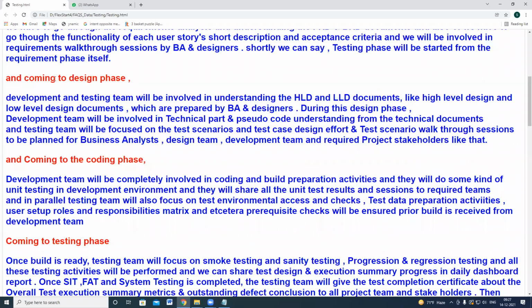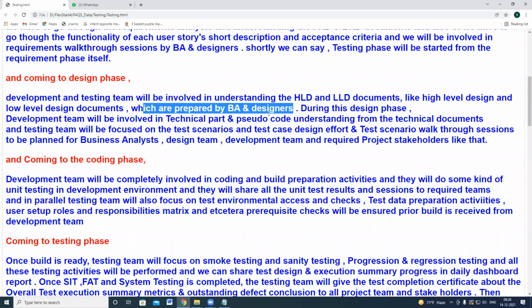Coming to the design phase, development and testing. During the design phase, the development and testing teams will be involved in the HLD and LLD documents, the high level and low level design documents, which are prepared by the BA and designers. They prepare pictorial diagrams showing how the system will work.